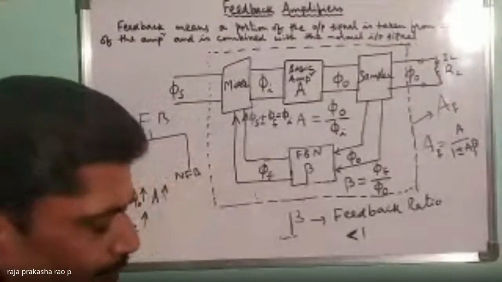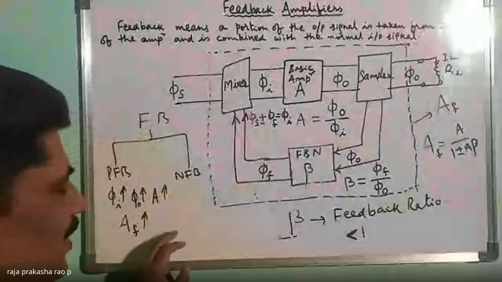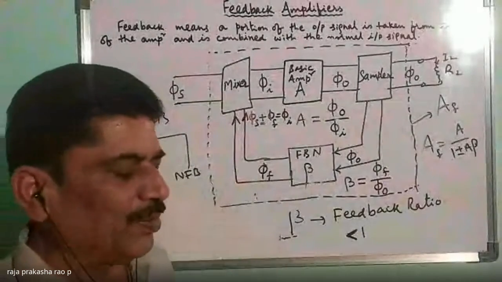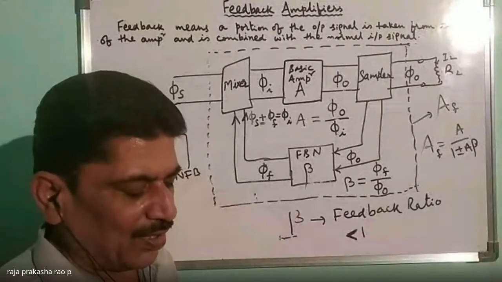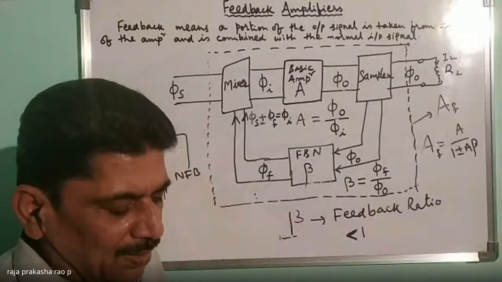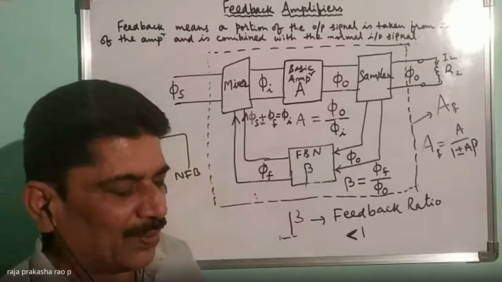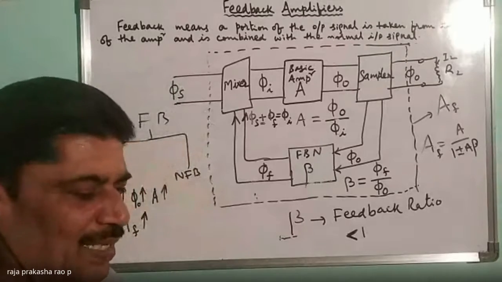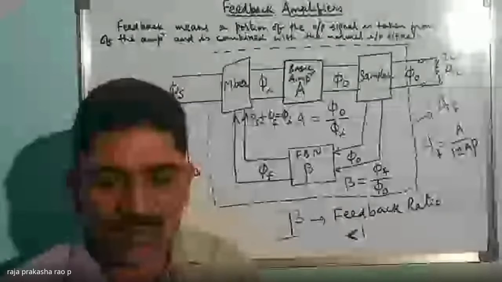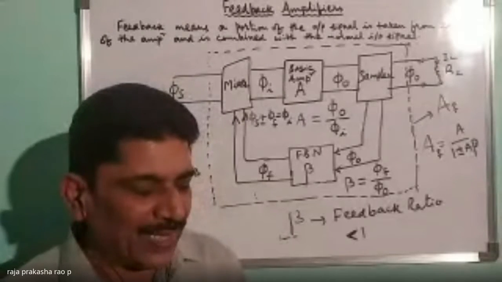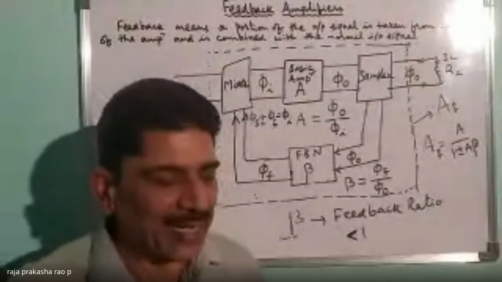So it reduces the bandwidth and increases the distortion and noise. The output signal will be distorted. In the positive feedback, output waveform will be distorted. There will be a lot of noise in the output, and bandwidth also will be decreased, and there will be instability. That Q point will not be constant. Generally, the Q point should be at the center of the load line. That Q point will be disturbed. So the only one advantage that positive feedback has got is it can act as an oscillator.